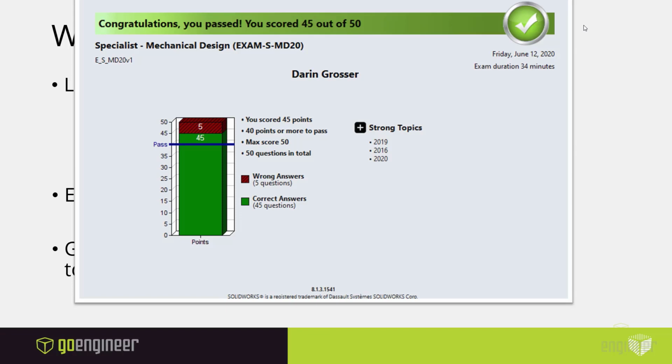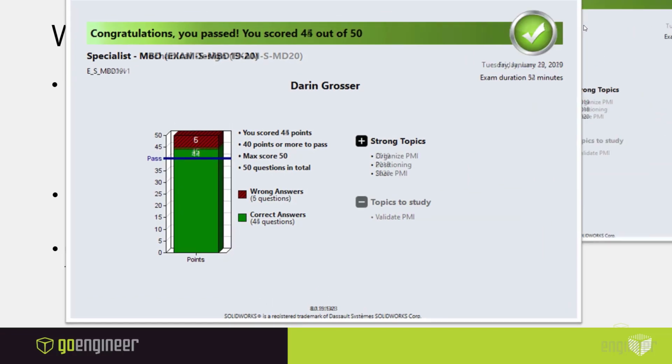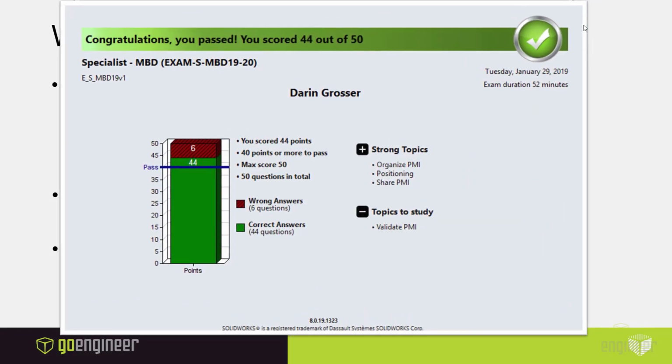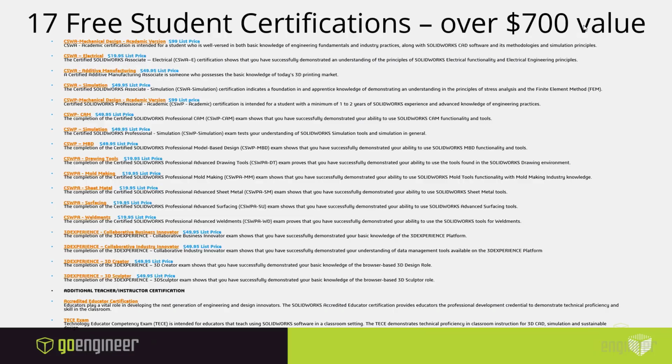Because I haven't passed every single one. But the beauty of these is they not only tell you if you've passed where you're strong, but if you've failed any of these, it also tells you the areas that you actually need to maybe work a little bit harder at. Now, this is something you get immediately as somebody taking the exam. What you'll get actually as a proctor of the exam is even a bit more granular metrics as to what a user needs moving forward, and kind of help them on a path in that direction. We'll talk about that in just a second here.